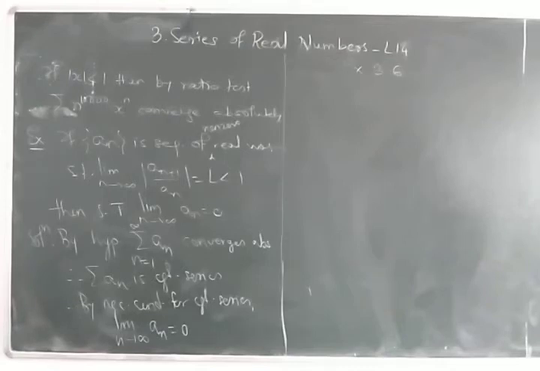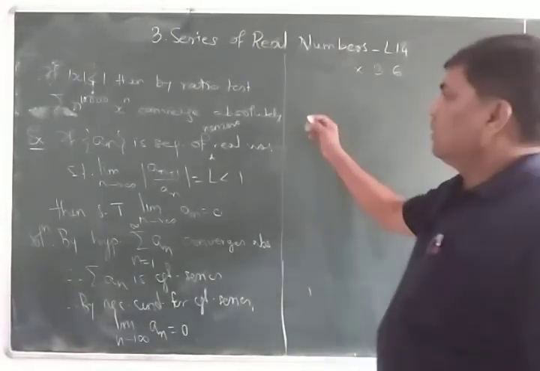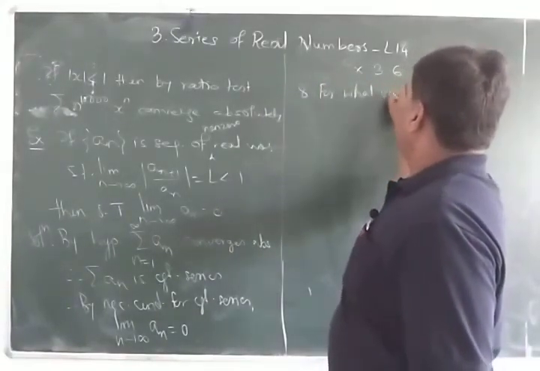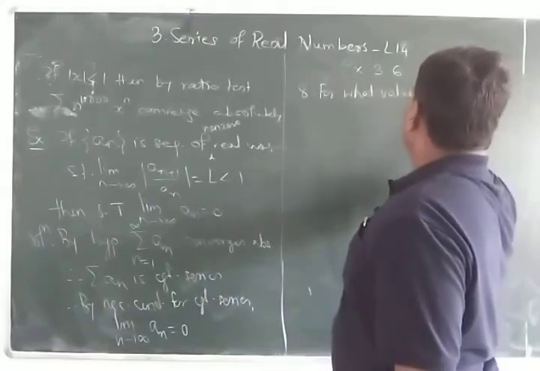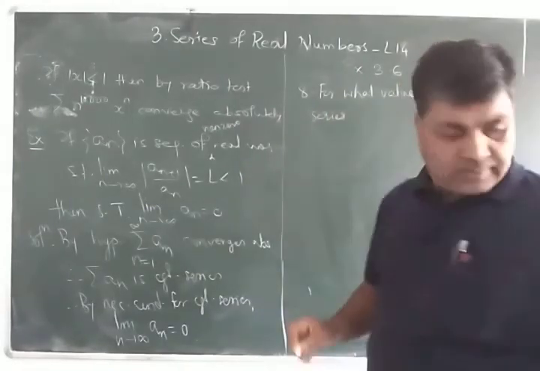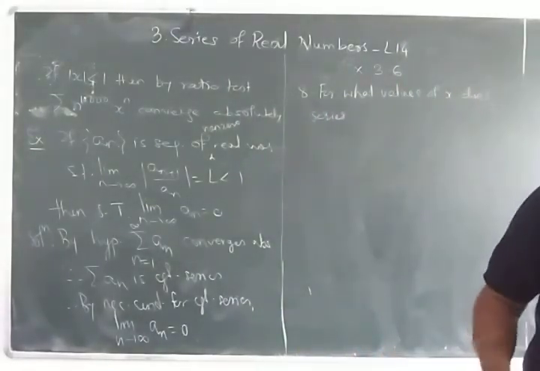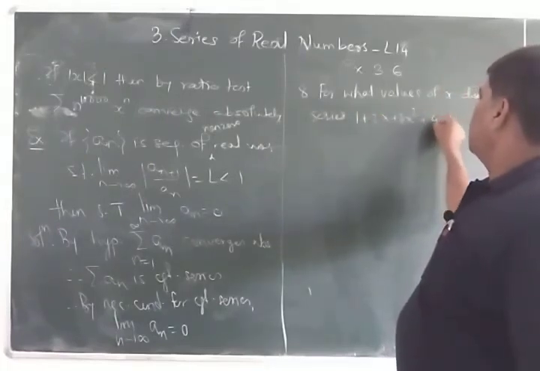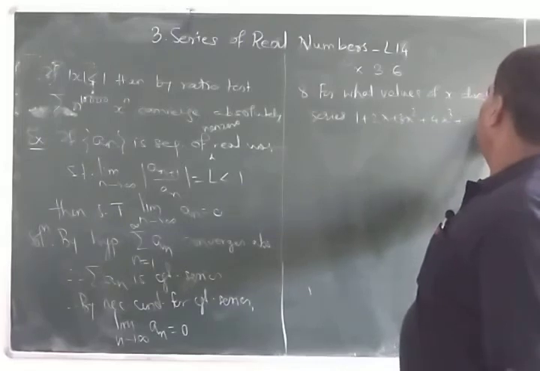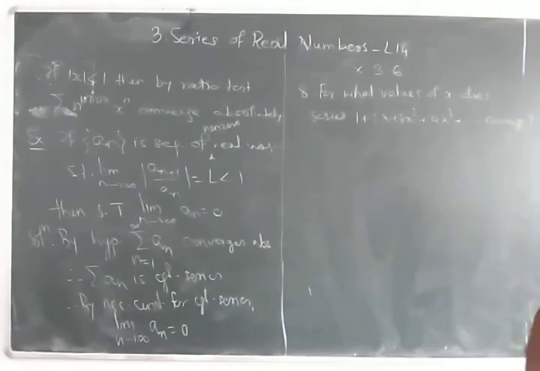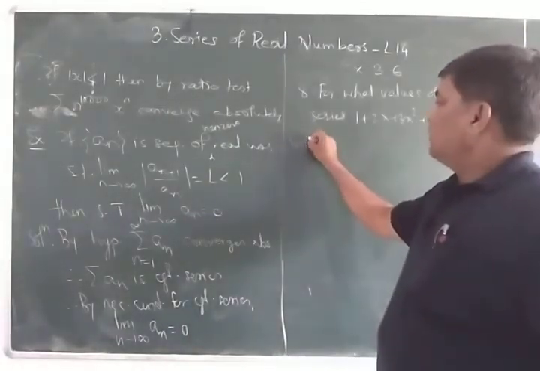Next example, example number 8. For what values of x does the series 1 plus 2x plus 3x square plus 4x cube plus and so on converge? Solution,